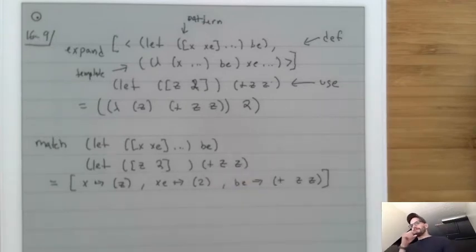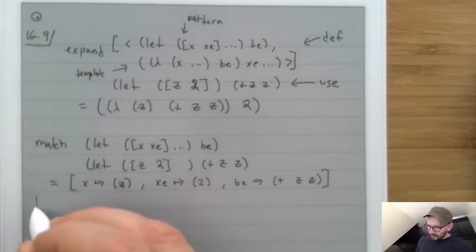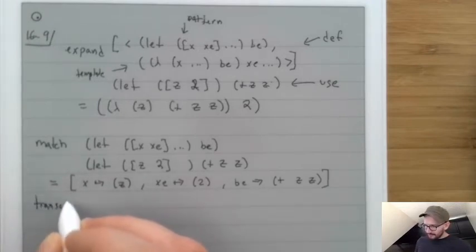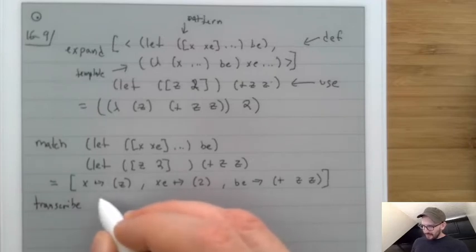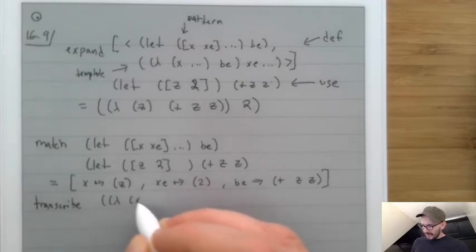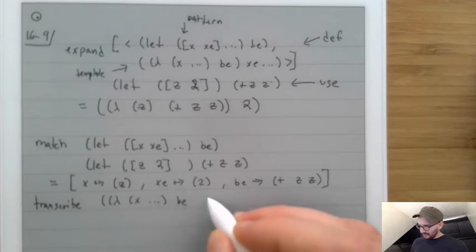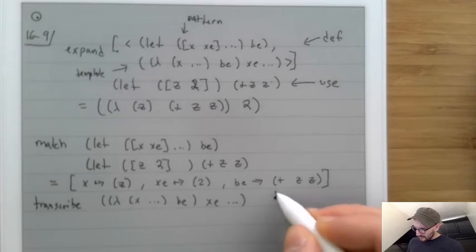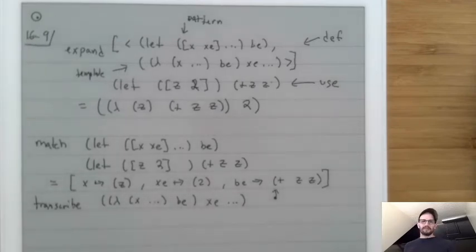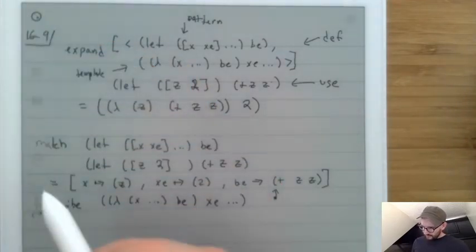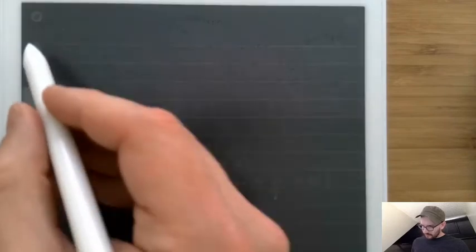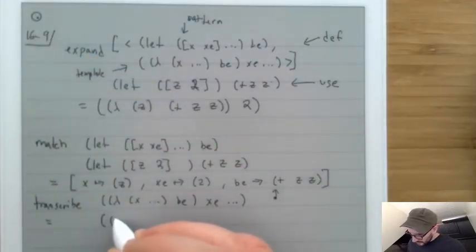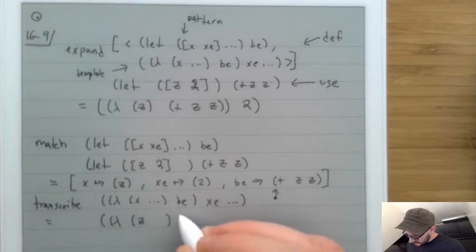Okay? Then what's going to happen is that we're going to call transcribe, and we're going to give it the template, which is lambda x ... be xe ... and we're going to give it this environment right here. And what it's going to return is lambda z plus zz